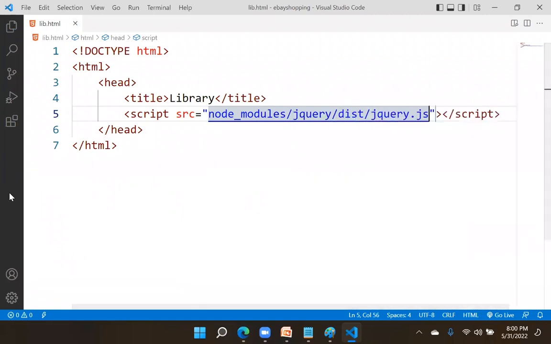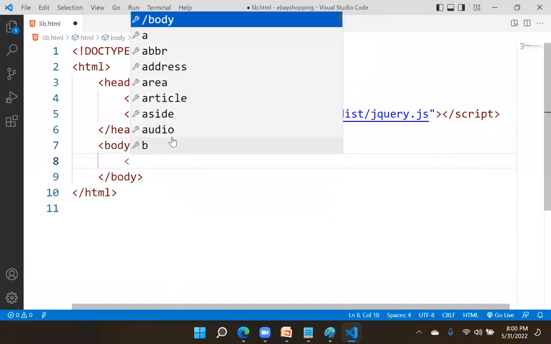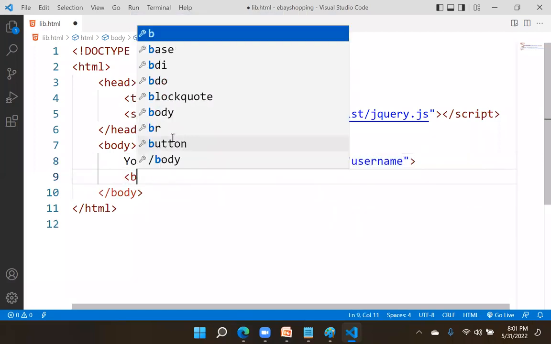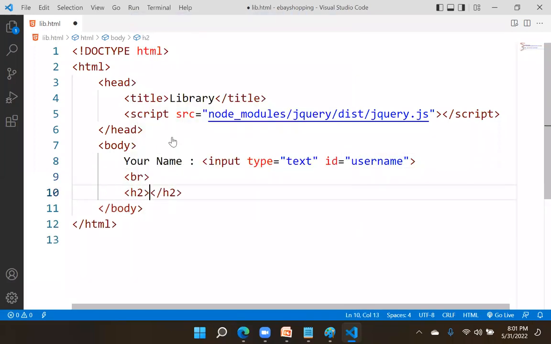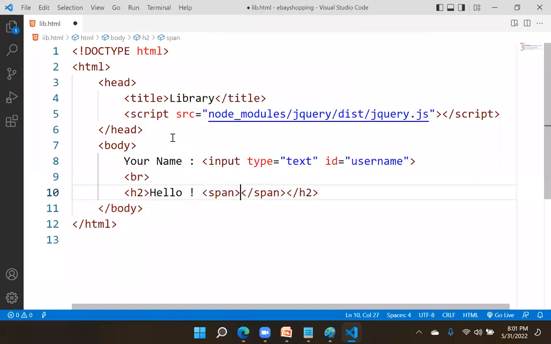Okay, you see here, I have the body section, and here I have 'Your name' and an input of type text with ID username. In the next line I put a heading that says hello, and inside it we have a span.